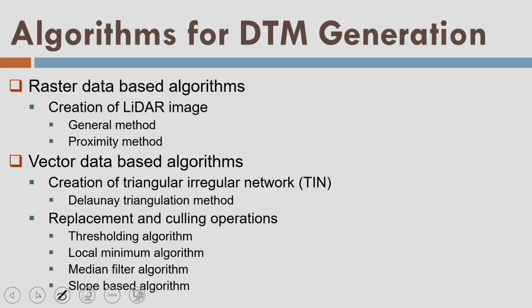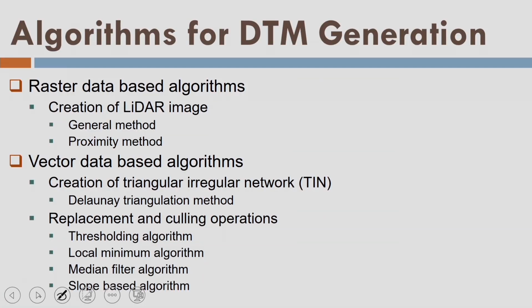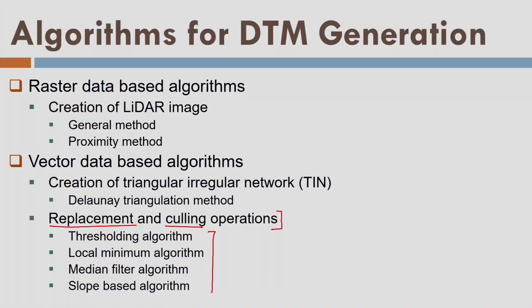So, first consider the digital terrain model. In order to develop the digital terrain model from LIDAR data, we have vector based algorithms and raster based algorithms, as well as 2 or more operations. One is called the replacement and one is called the culling operation. They are in addition to the digital elevation model or the vector model, that is the TIN model. So, we are going to implement this replacement and culling operation also after developing the DEM or maybe the TIN, so that I can extract the terrain information. There are 4 methods we generally employ for DTM generation.